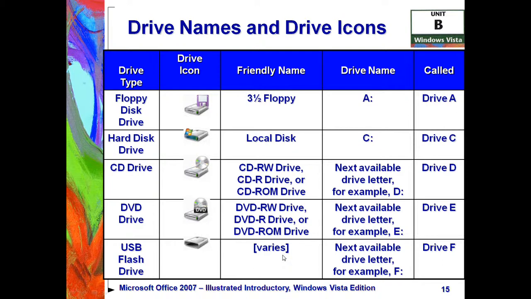The friendly name really varies. Sometimes it could be named after the company that made the flash drive. Sometimes you can name your flash drive, so that's where the friendly name varies depending upon your flash drive. And then the drive name is going to be whatever the next available letter is. So if you do have a floppy disk, that's typically going to be A. Your hard disk drive, the one that has the operating system, Windows, on it, is going to be drive C, and then everything else is going to follow: D, E, F, G, and so on. And so you'll see that that is the setup of the drive names